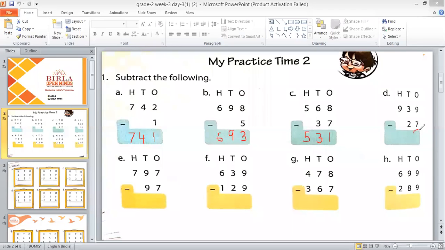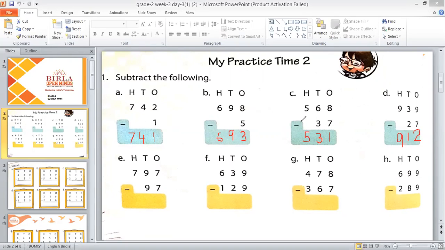Okay, so now tell me 9 minus 7, how much? 2. Very good. So we will write here 2 in one's place. 3 minus 2? 2 minus 2 is 1. No, 3 minus 2. 1. Yes, and in hundreds place, what we will write? 9. Very good. So write here 9. So answer is 912. Yes, that's the correct answer. Very good, Ashwita.